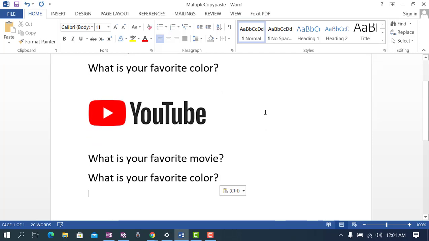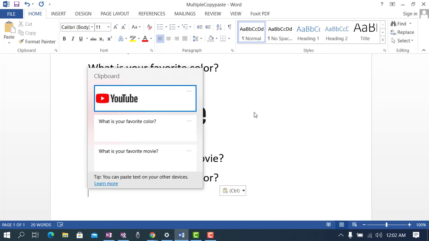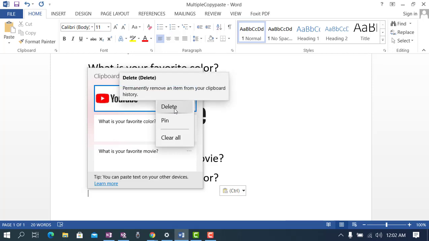If you want to see some more options regarding the multiple clipboard, again we press the Windows key along with V. Here you can see the three dots. If we click on the three dots, we have a few options like delete, pin and clear all. Delete means this line will be deleted from clipboard history.